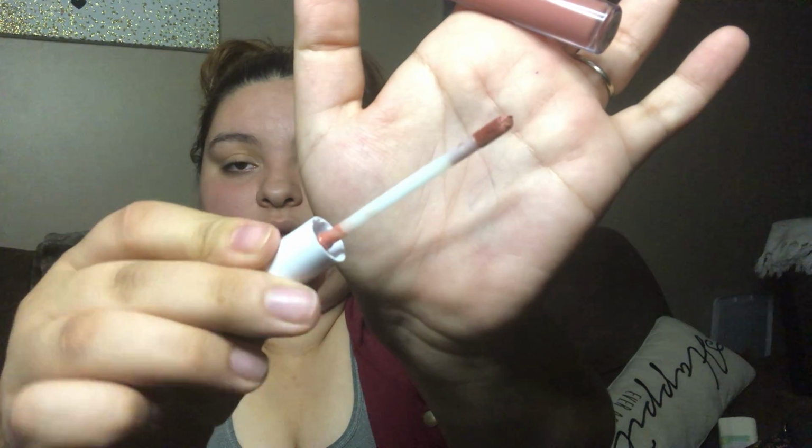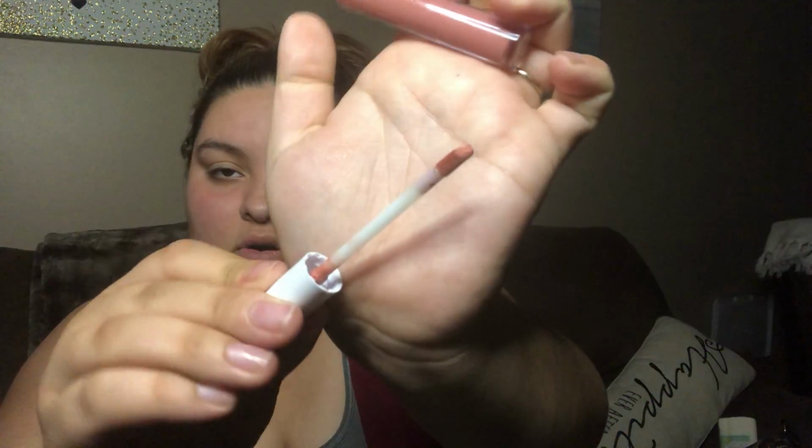Okay, so this is actually a new product on their line. This is the Honest Beauty Liquid Lip in the shade Off Duty, and I'll show you the wand. The wand's a little bit different. I would definitely say it's on the cheaper side. It's not stiff at all. It is a little bit flexible. I'm not gonna put it on my lips because I don't want to waste this, but I'm gonna show you